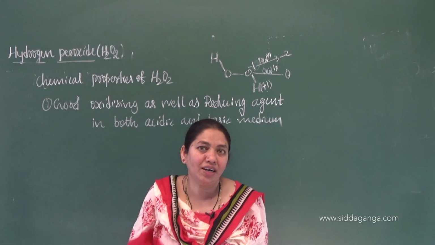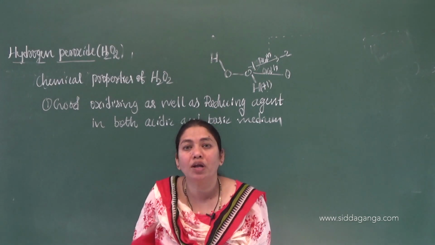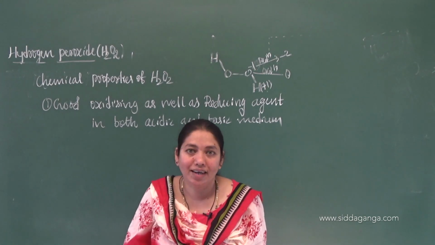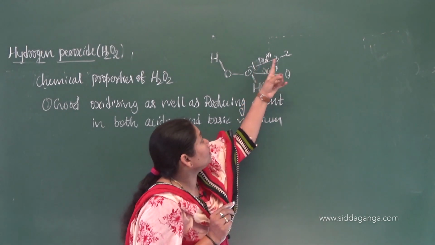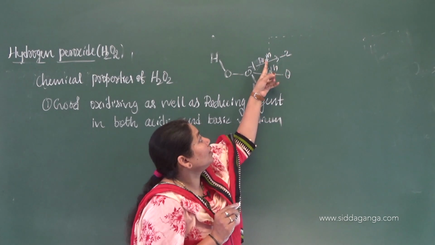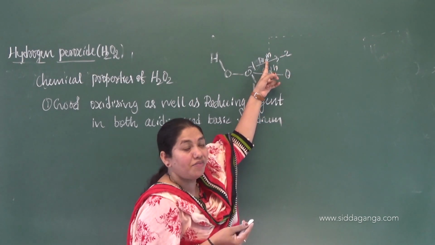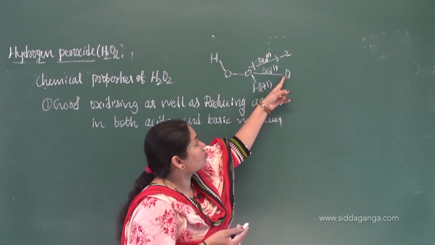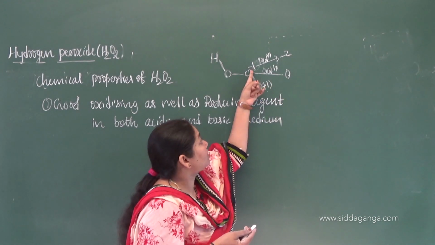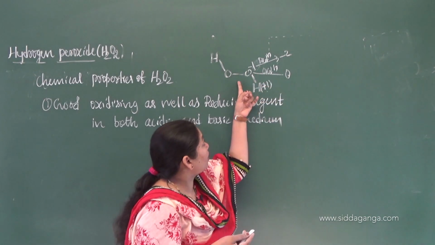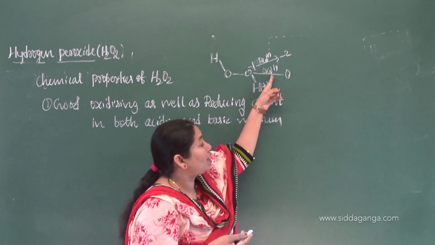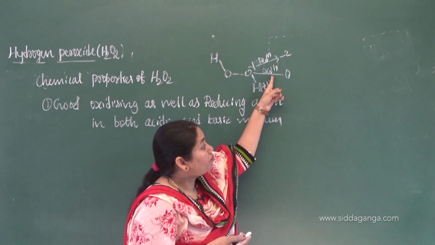There are so many other definitions, 4 to 5 definitions we can give for oxidation and reduction. So just remember, very simple: if there is a decrease in the oxidation number, we call that reduction, as the name itself indicates. If there is an increase in the oxidation number, we can call this what? Oxidation. So our hydrogen peroxide also undergoes reduction as well as oxidation.